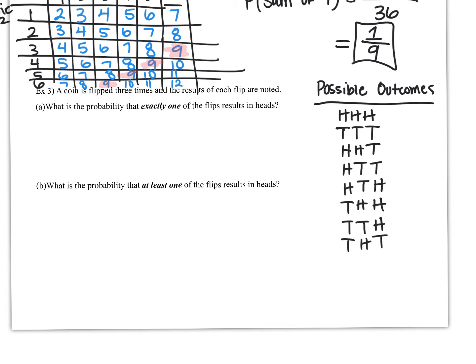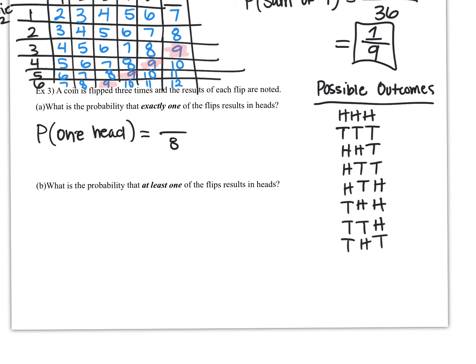Okay. So the probability of getting, so we want to know, of those 3 flips. So 3 flips is considered one set, one event. We want that in those 3 times, exactly one of the flips results in a heads. So we want 1 head. So we have a total of 8 outcomes.